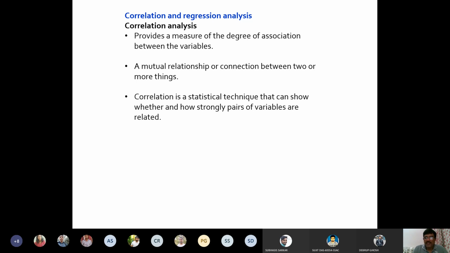First thing is whether two variables are related, you need to test it. If they are related, means they are correlated. And then see the strength of the relationship, or the degree of relationship, that is told by the correlation coefficient.